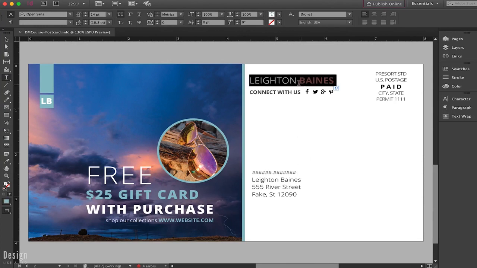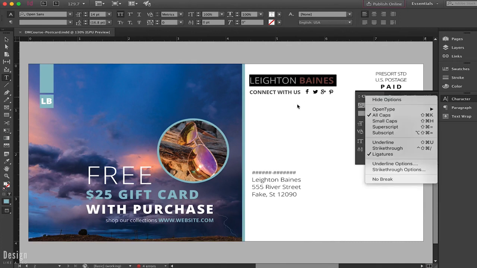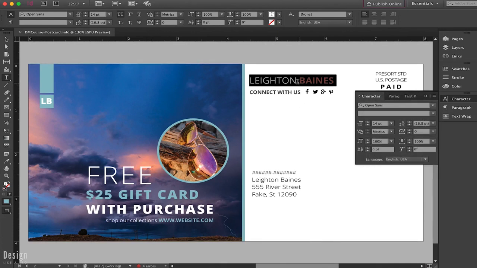I always like to add space between my letters when I'm using all caps. So you can definitely do that over here in your character palette by adding some space, some tracking between your letters. So you can add default sets here, or you can just add what you want to, but there's a much quicker way when you are typing out your text, and that is to highlight the text. And let's say you just want to add some space to the first word. You would just highlight the text that you want this to apply to,